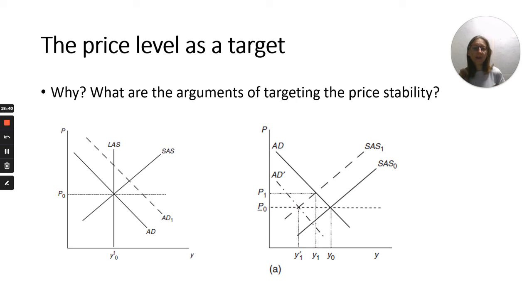Now, what is the effect of monetary policy on the price level? We discussed already a bit, saying that when the central bank increases the money supply, it causes a shift in aggregate demand, and we could see price levels growing. So that's why all the shifts in aggregate demand should correspond with shifts in the aggregate supply, so that at the end, the price levels would remain as stable as they